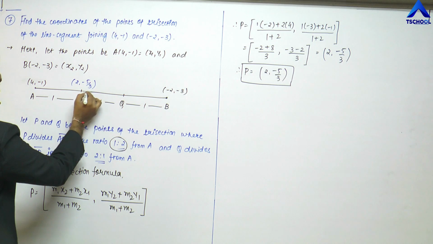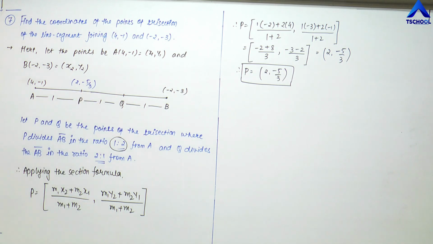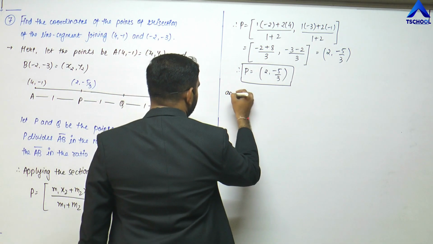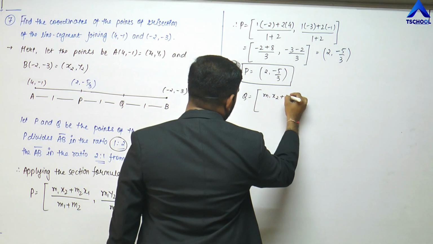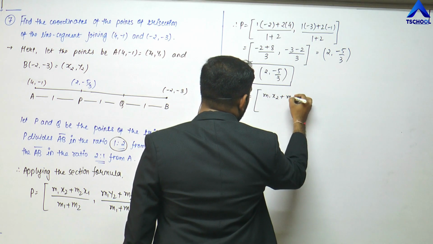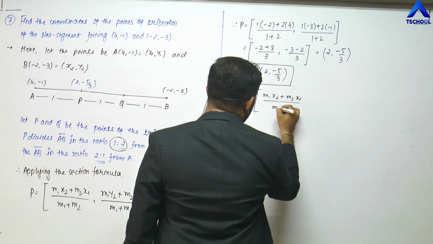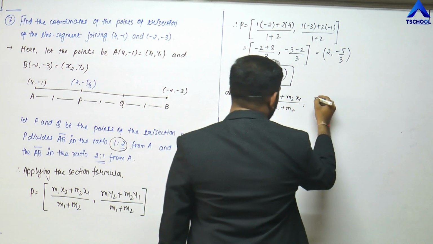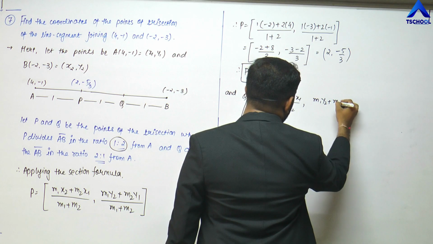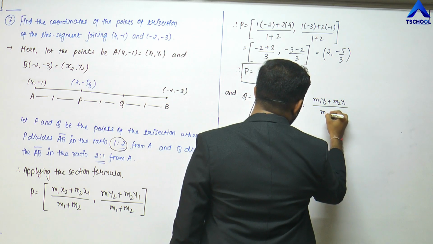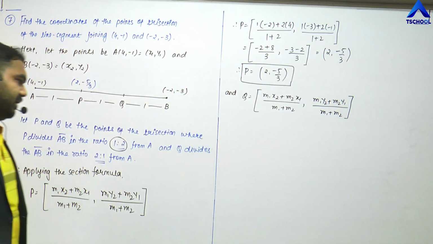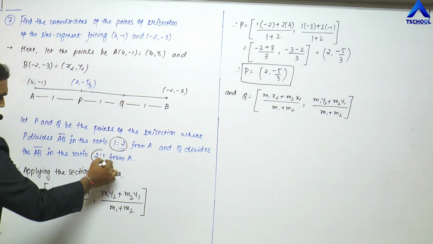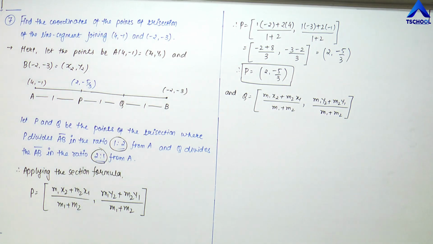Is this thing clear, friends? Okay, so that's it about the first point. Now Q is equal to m1 x2 plus m2 x1 upon m1 plus m2 comma m1 y2 plus m2 y1 upon m1 plus m2. Okay, now in place of m1 and m2 we shall replace 2 and 1, because here Q